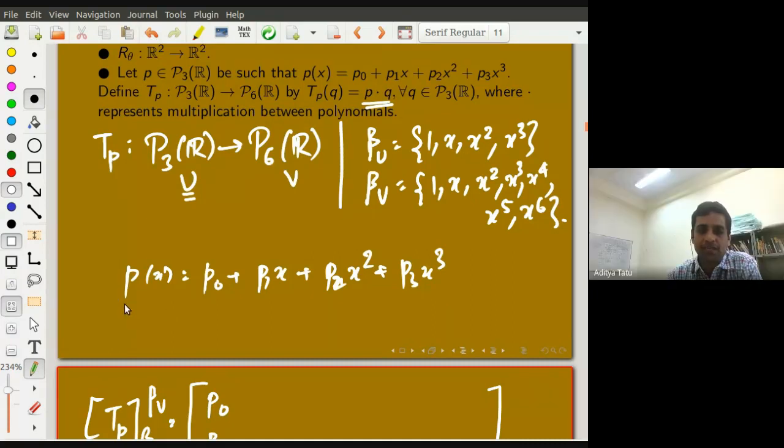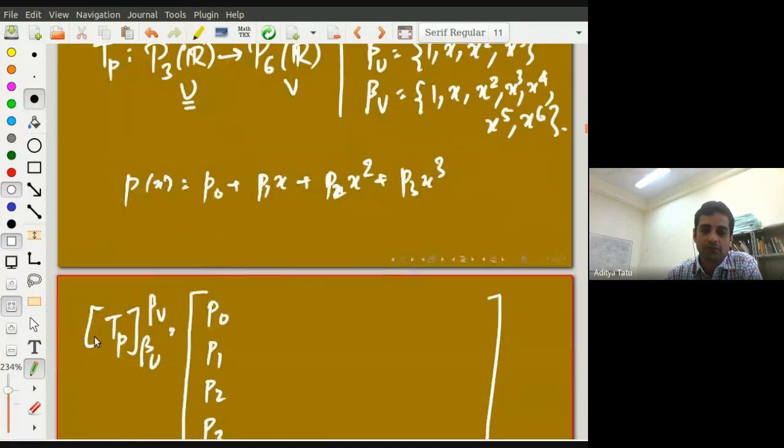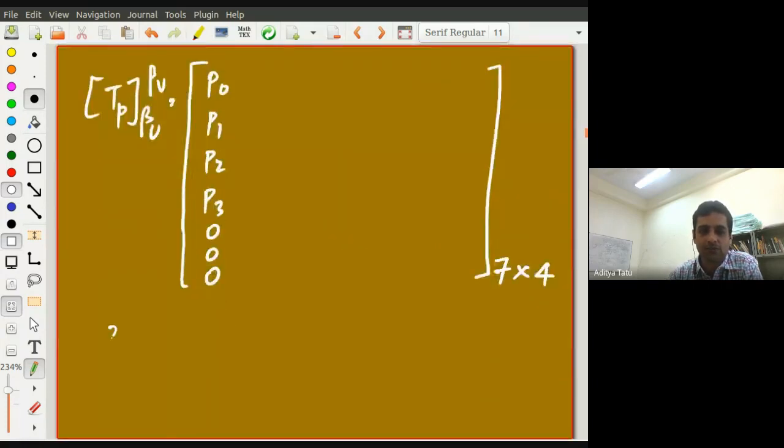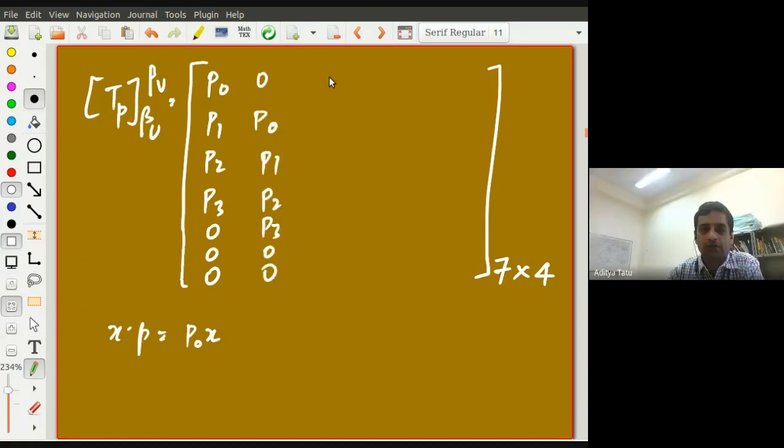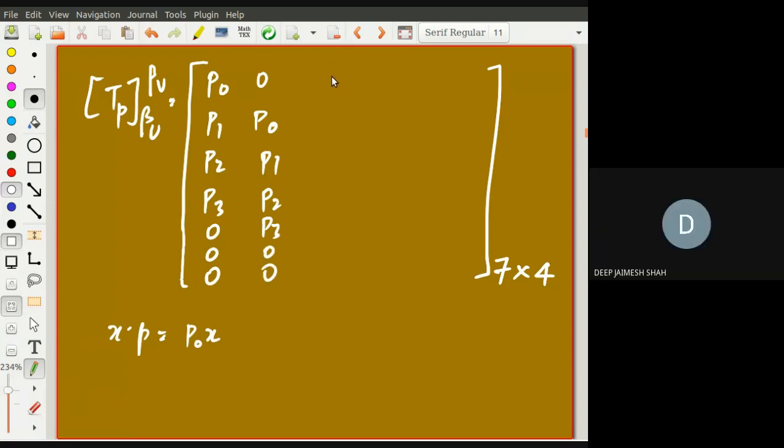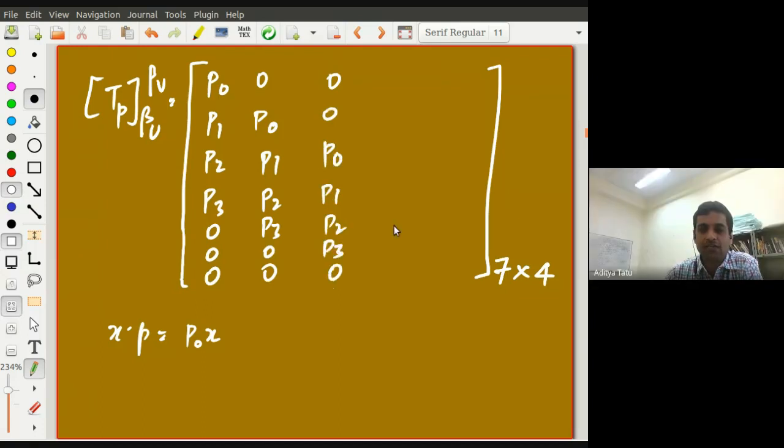So what is P into x, or x into P, whatever. 0, P0, P1, P2, P3, and 0, 0. Third, 0, 0, P0. Have you seen such a matrix somewhere? Fourth column,